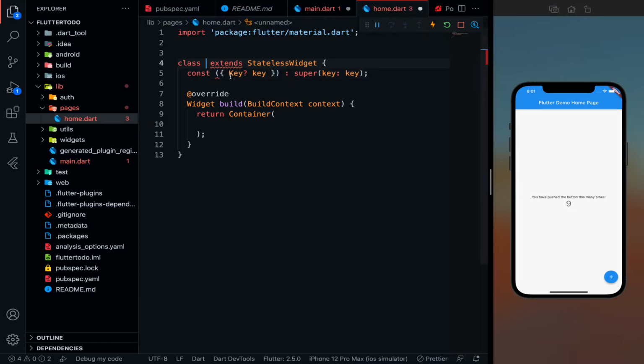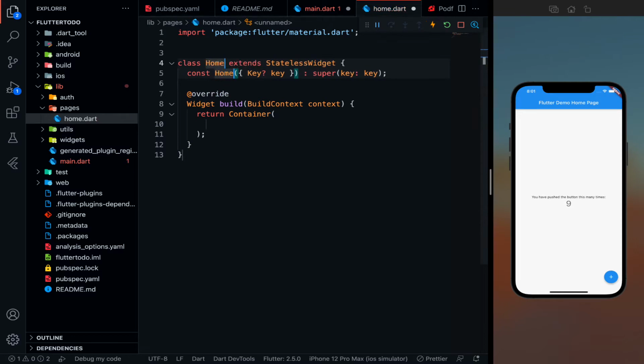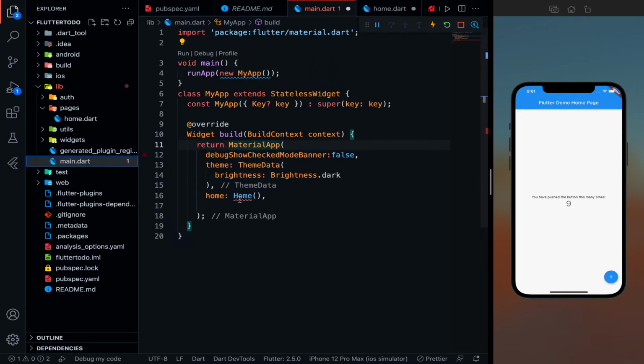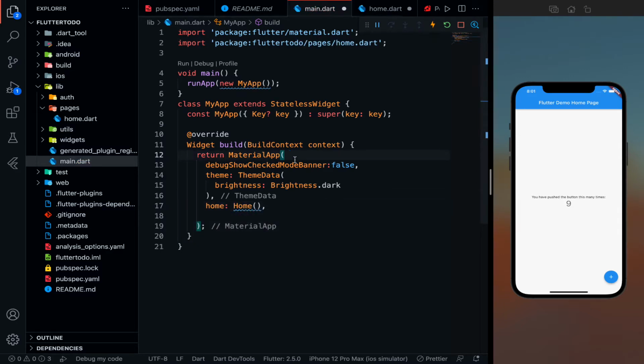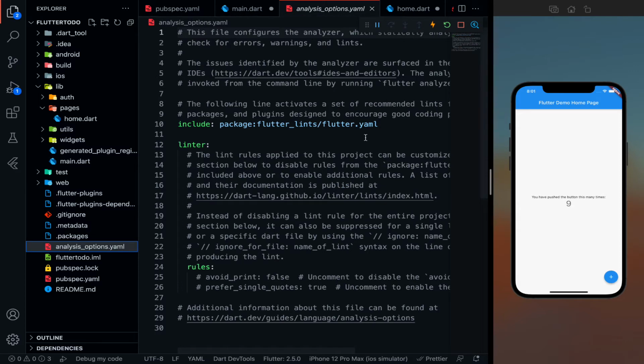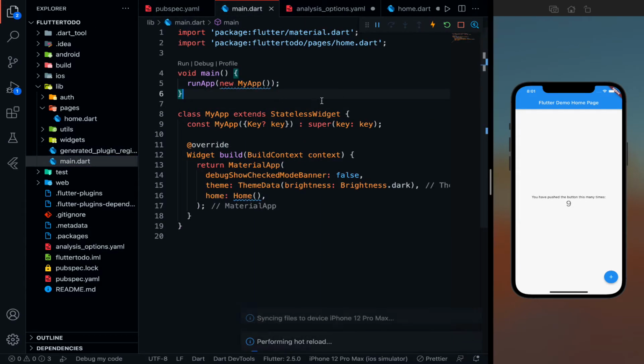So let me use stateless widget, and let's call it Home. Now in the main.dart, I can import home. Perfect. Okay, so you just need to remove this flutter lints so that it should not give you this error over here, the MyApp thing, right?